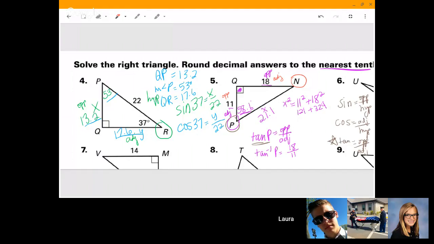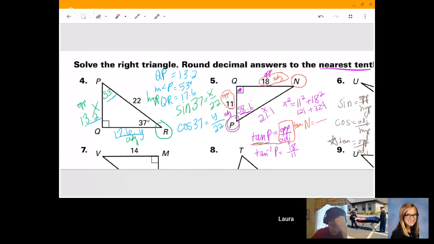All right, so if we're trying to get N, and from N, we labeled that 11 is the opposite, 18 is the adjacent. Just a minute ago, we decided that tangent always uses opposite over adjacent. So we want tangent again so that we can use 11 and 18. It's not wrong to use 21.1 and use one of the functions that uses hypotenuse. Like I said, it's just your answer is not as strong if you do that. Yeah. So opposite over adjacent